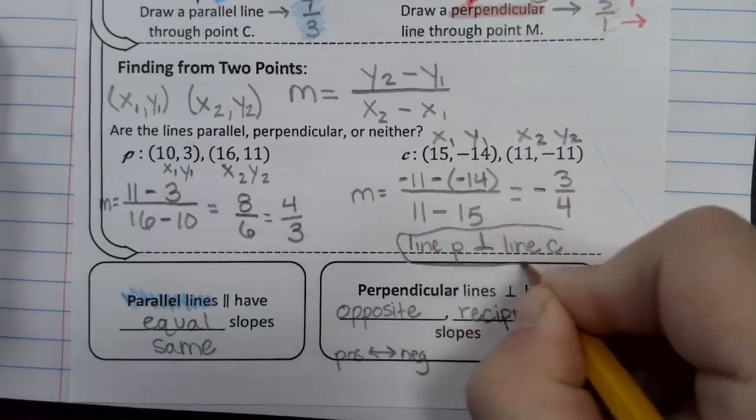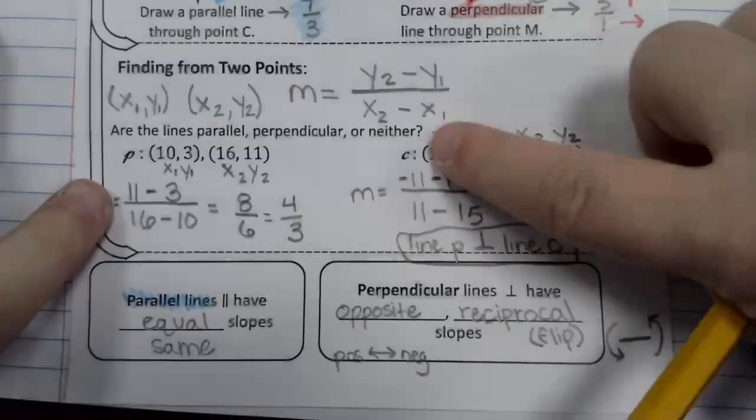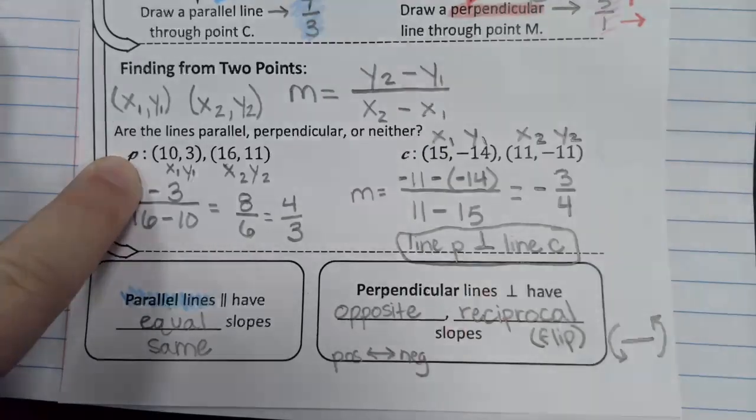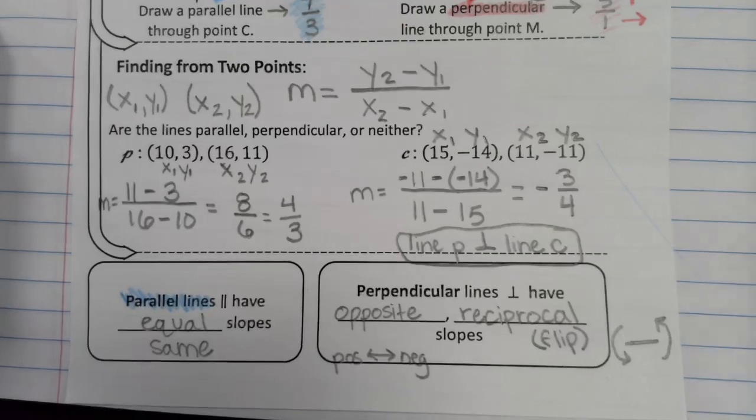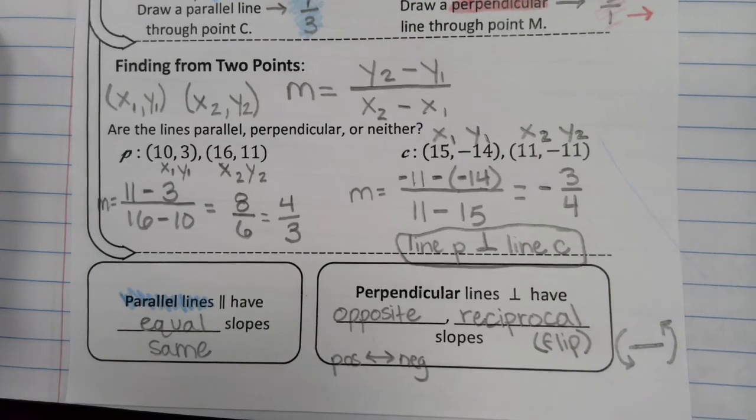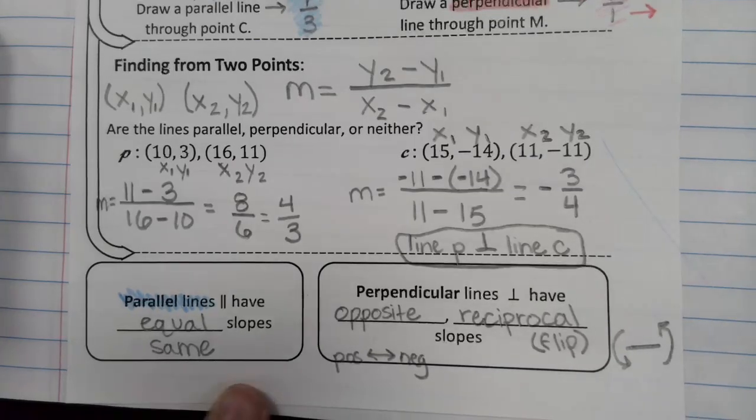And if you're like, where the heck did we get that P and C from? That's what those lines were called originally. P, C. They were just random letters that they gave us. Okay, big thing down here is our parallel